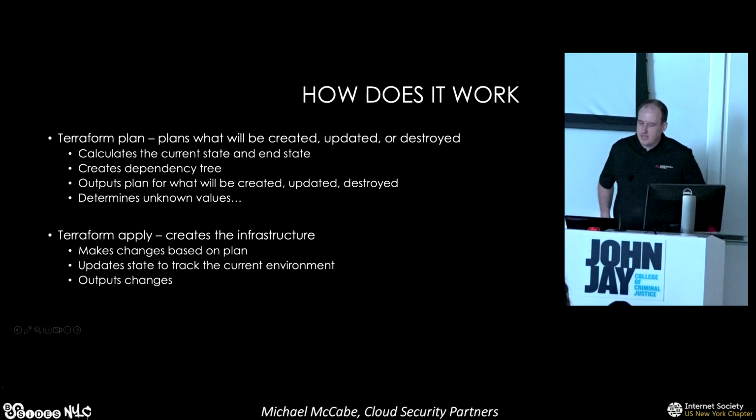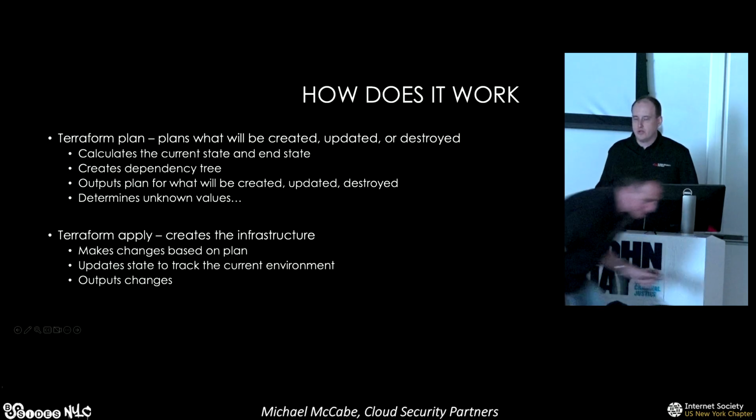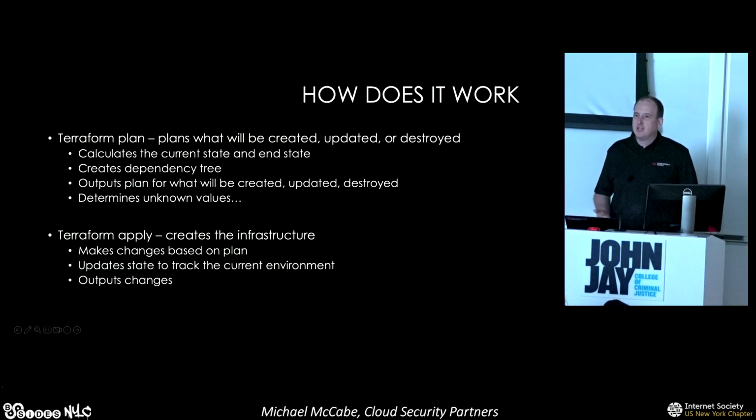So how does Terraform actually work? There's a few main pieces to it. When you write your Terraform, you make sure the formatting is good, make sure to have your secrets in there, because that's how we get stuff done. You run something called Terraform plan, and that's part of the magic of what Terraform does for you. It looks at what you wrote, and it looks at what you have in your cloud environment, and it basically tells you what it's going to do. Is it going to create something? Is it going to update something? Is it going to destroy something? And that's the plan piece.